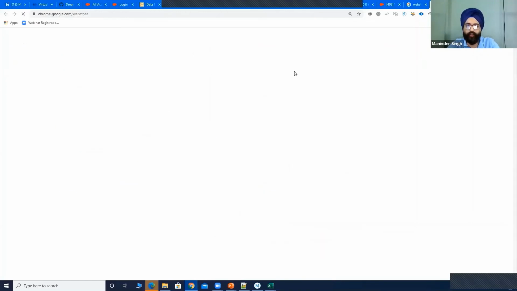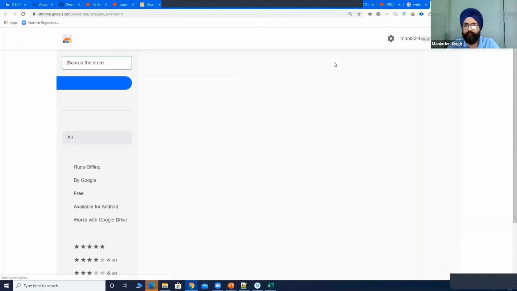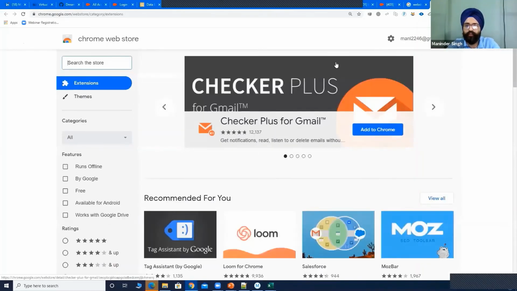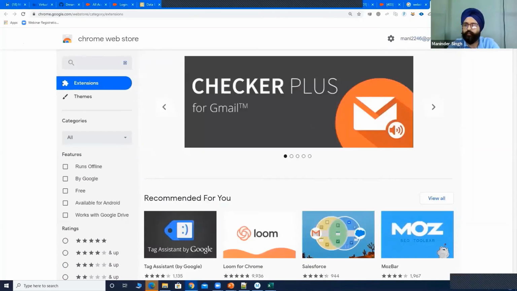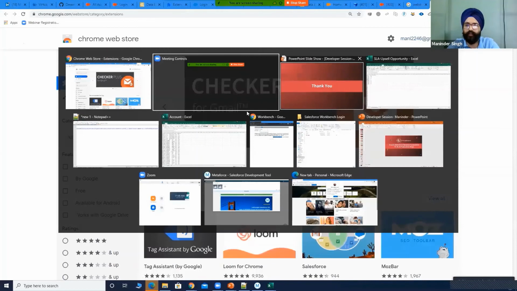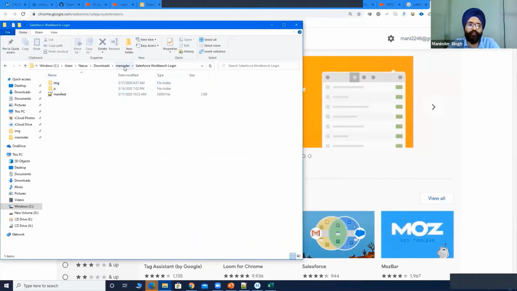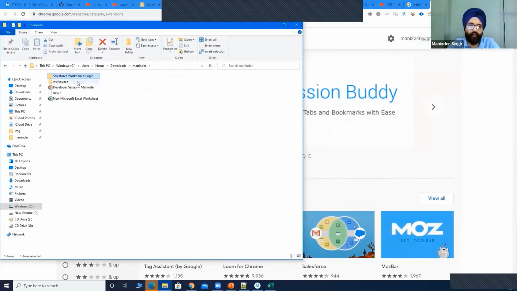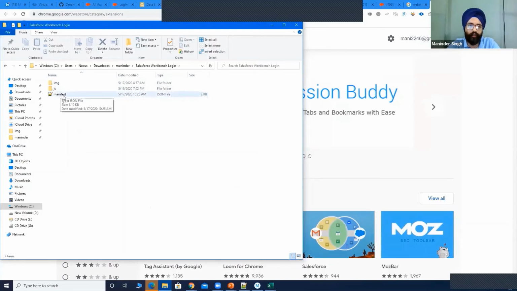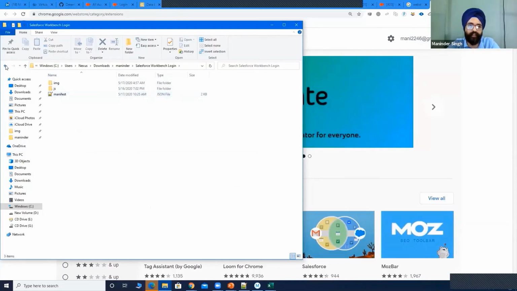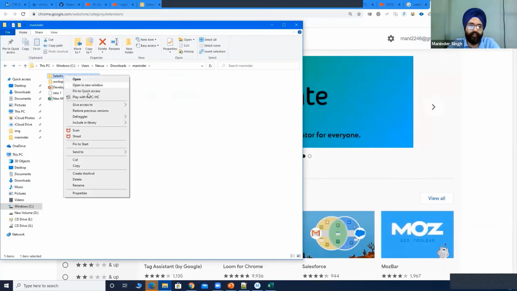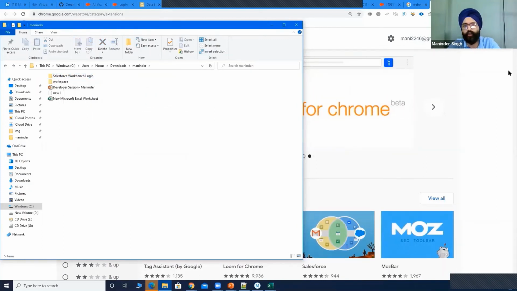You have to register on this web store as a developer, and there what you have to do is just go to that panel. Maybe I haven't logged in. No, I haven't logged in as a developer. When you go into that panel, you just upload this folder which I explained, the root folder having the manifest file and all the functionalities and files. Just create a zip file, right click, and upload it there.